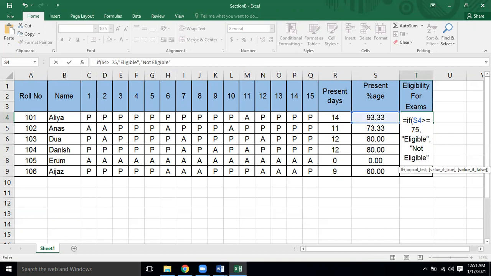If you miss the double quotes, you are going to have an error message, because this is text. So this is the line that we have written, you can see over here in the formula bar as well: if S4 is greater than or equal to 75, "eligible", comma, "not eligible". These are the two values, value when true, value when false.